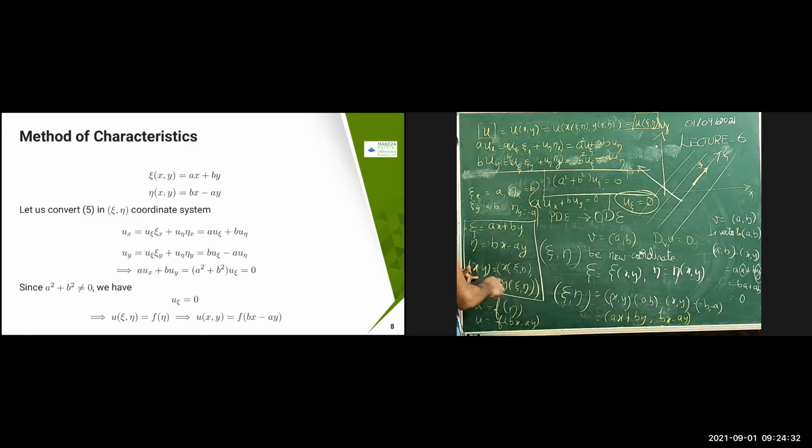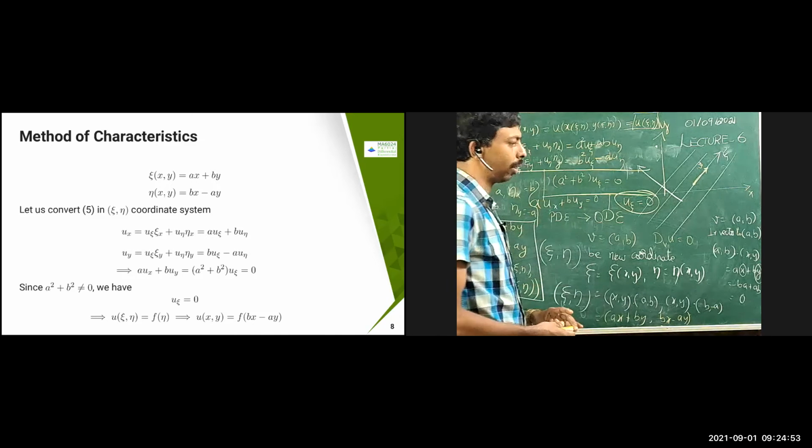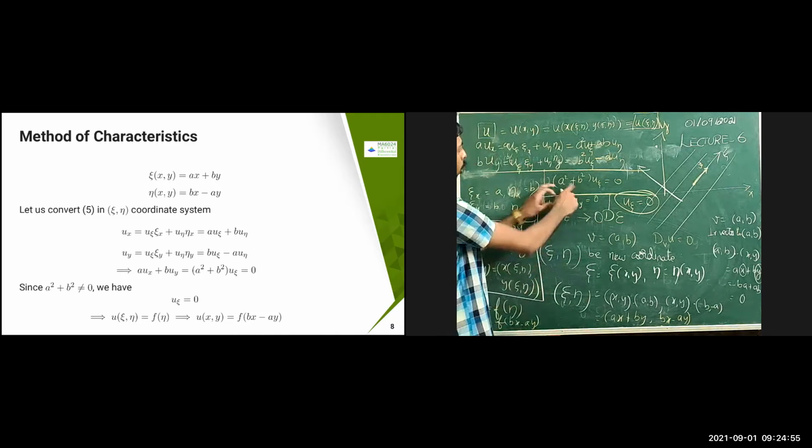In the case of the quasi-linear PDE or the theorem which we will explain, this is not straightforward. We need the inverse mapping theorem. If the inverse mapping theorem conditions are satisfied, then only this is possible. I'm not explaining that over here, but in the theorem part, I will explain it. Because of this condition, it will come; otherwise it will not come. There also this condition is required. You will calculate the Jacobian, and that Jacobian is going to become this one.